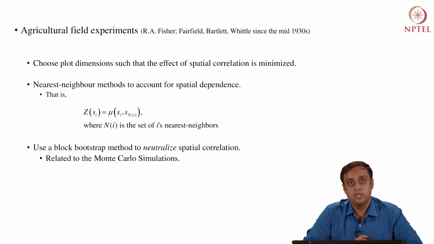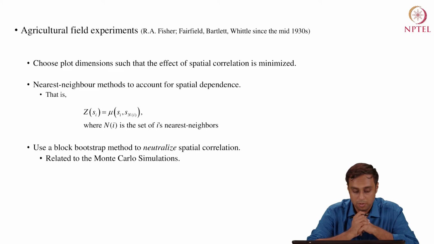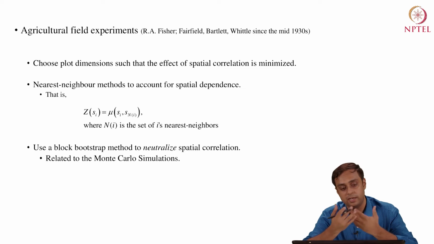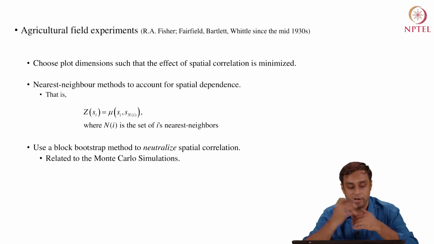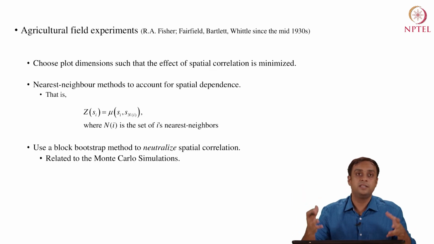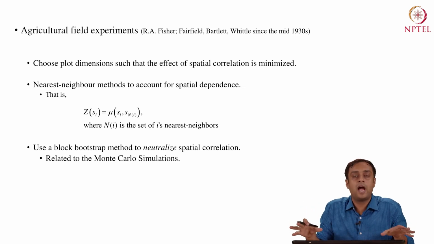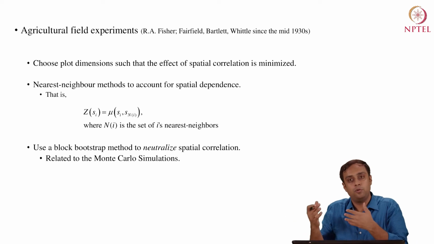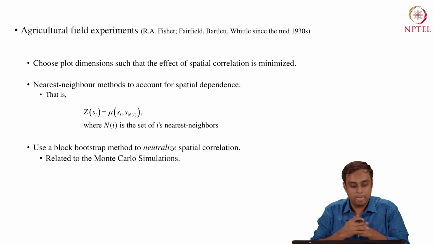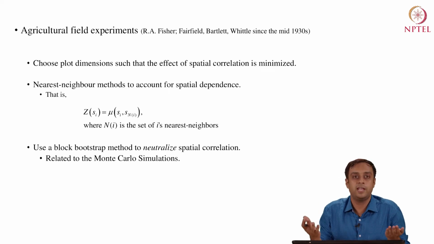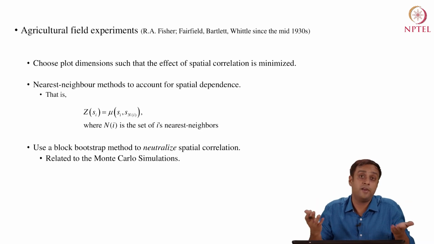The other area where spatial models have been there for a while now is agricultural field experiments. Agricultural field experiments are done to estimate yields, that is output per unit area on agricultural lands. You can imagine two farms together growing, let's say, wheat. The output per unit area you expect to observe on these farms is going to be quite similar, because they are side by side. They will experience similar rainfall, similar sunlight, and similar soils.